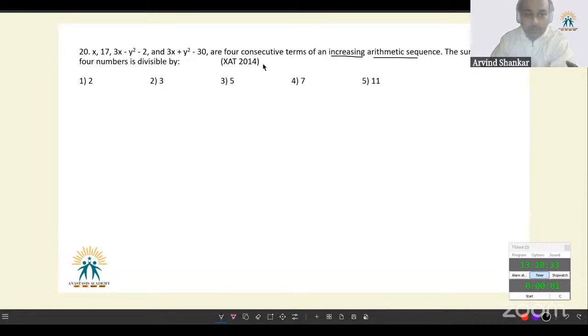Whenever you've got an AP, things that should come to your head. The differences are constant. The sum of two extremes is twice the middle term. ये दोनों आइडिया फट दिमाग में आने चाहिए। The sum of the four numbers is divisible by, essentially चारों टर्म्स निकाल देंगे तो सब कुछ मिल ही जाएगा। तो I am using sum of these two should be twice of